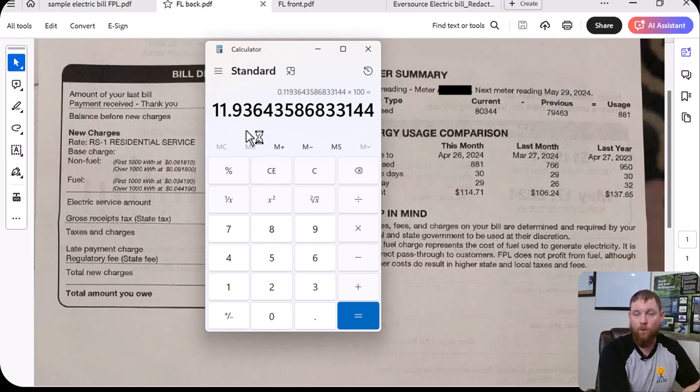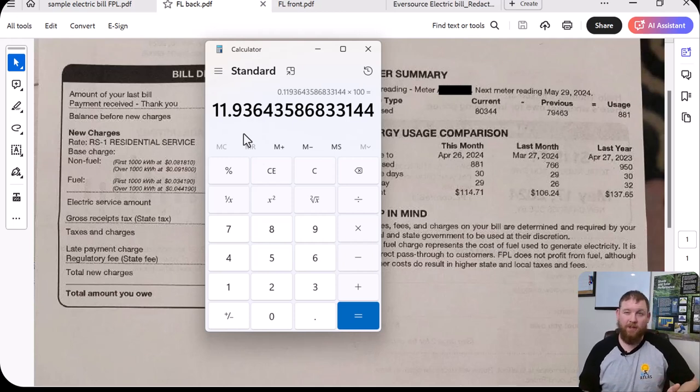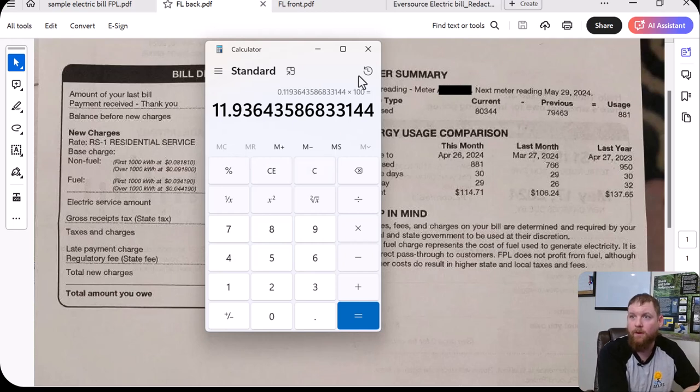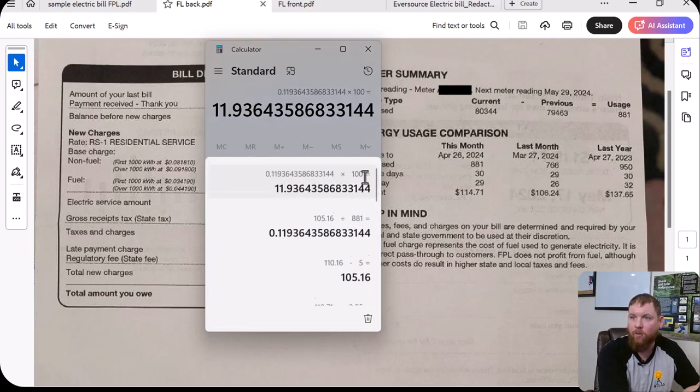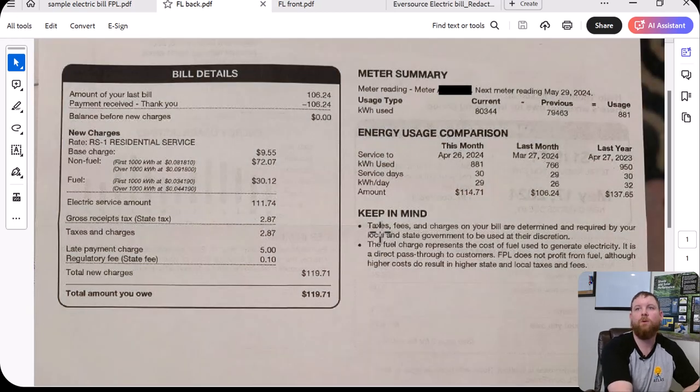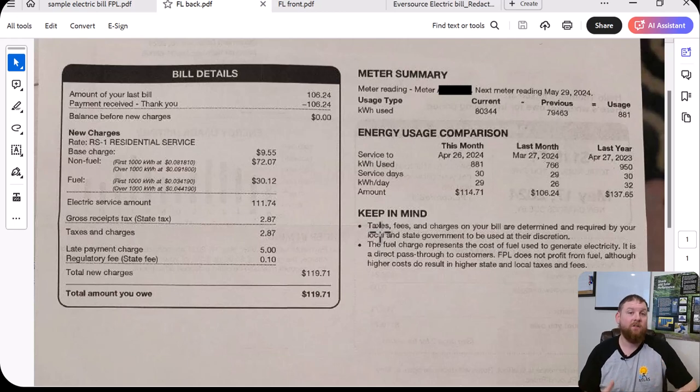So Florida, as you can see, pays about 12 cents per kilowatt hour, whereas Eversource, Northeastern Massachusetts, pays 35 cents, 37 cents, I think it was. I can't remember, but yeah, 35.76 cents per kilowatt hour. So a drastic difference in cost of energy depending on where you are in the country. And so again,